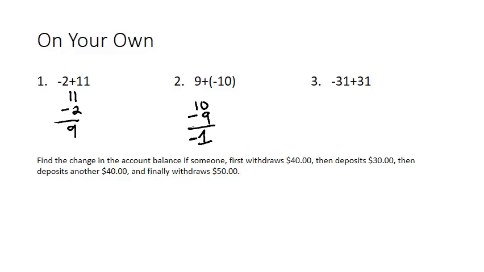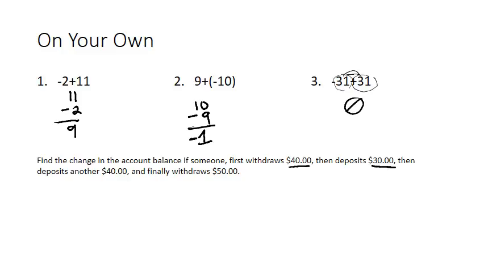Okay, now as we look at this, we now have negative 31 plus 31, which means that they are opposites of each other, and they're going to cancel each other out and become 0 through the additive inverse property. And finally, we want to find the change in the account balance if someone first withdraws $40,